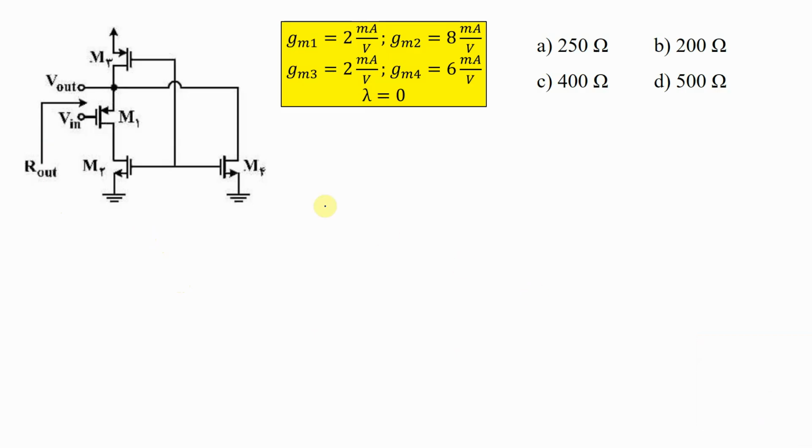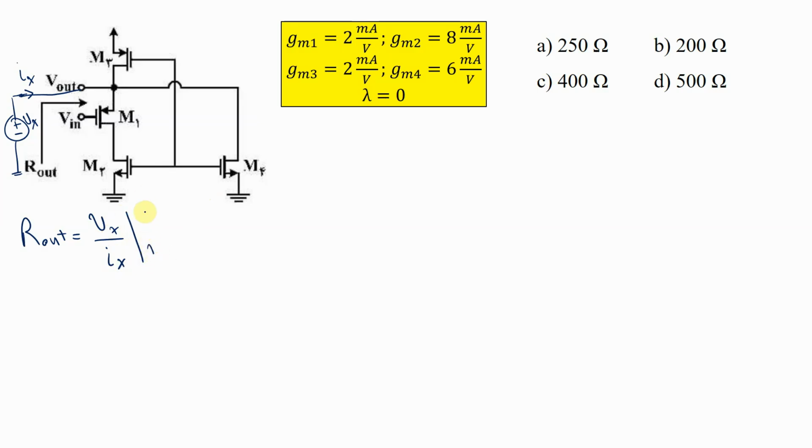For calculation of Rout, you have to put a test voltage at the output, and you can call it anything you like. For example, Vx for this node, and this is the current through this node, Ix, and by definition Rout is going to be Vx divided by Ix,